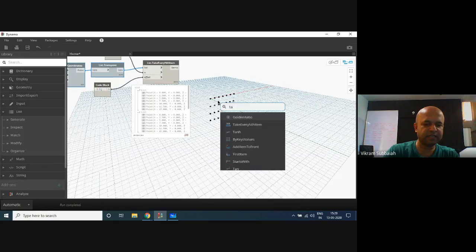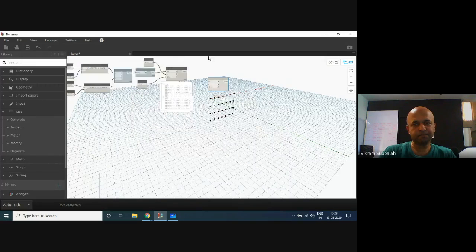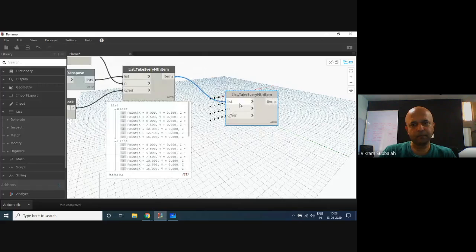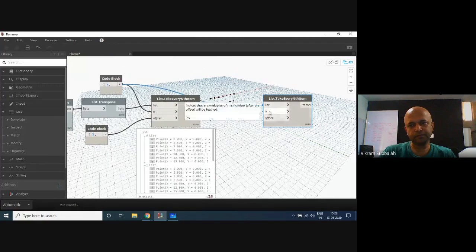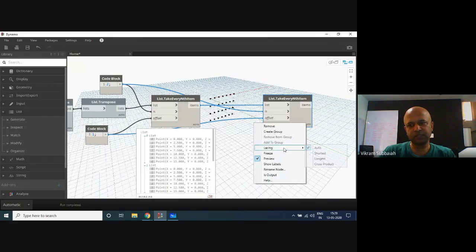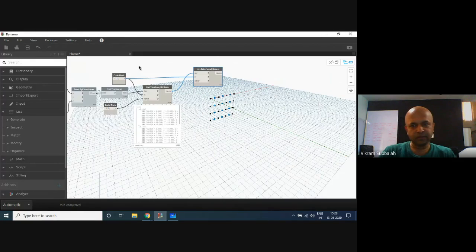Here again we say take every nth item, list again 2, again offset 1, but this time lacing longest. So we got every alternate point. Oops. Is this what I wanted to do? No, I didn't want to offset this. I wanted the crest. Okay, so here we got every alternate point.